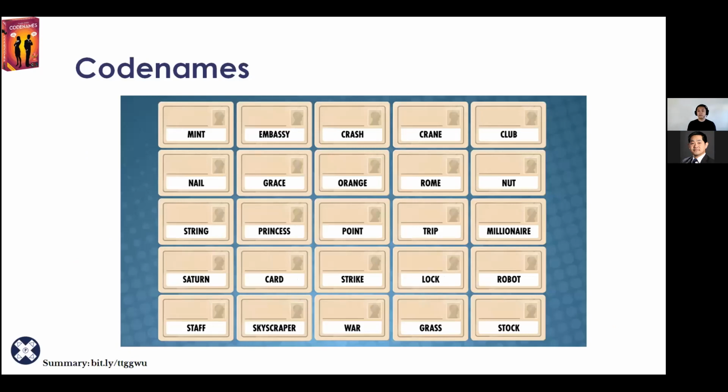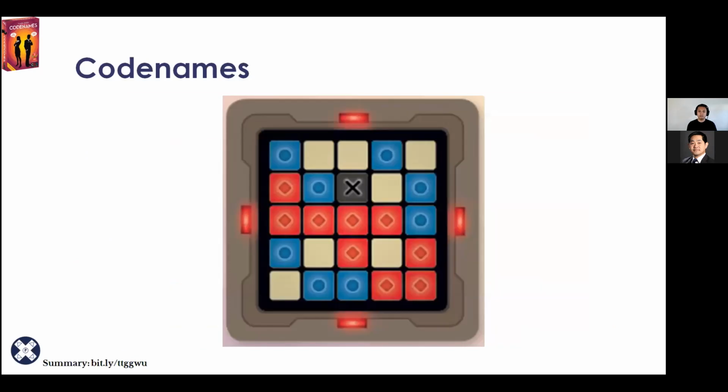So here's an example of what a setup looks like for a Codenames board. This is what it looks like in person, and depending on the website you use, this is what it'll also look like online. There are 25 different words on the board, a 5x5 grid. Only the spy masters for each team, the red team and the blue team, have this key. The key indicates which cards are for the blue team, which are for the red team, which are bystanders, which we'll talk about, and which card is the assassin.